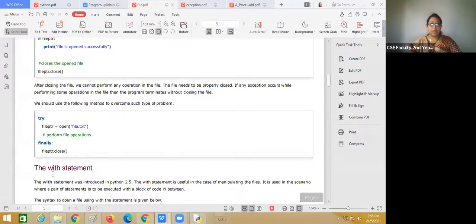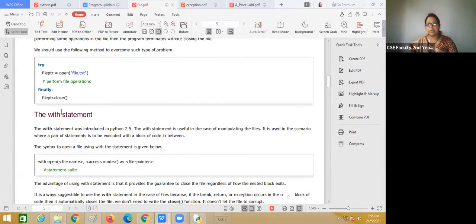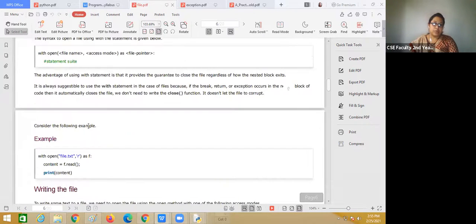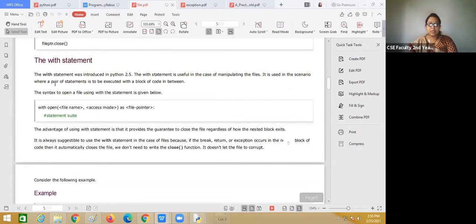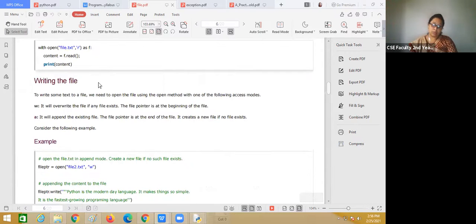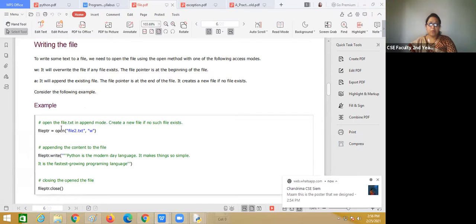Okay, file dot close. You can see the same thing I have already said for the exception: whenever you open a file, you have to close that file by using the finally block. Here you can see the with statement was introduced in Python 2.5, so if you are using 2.5 or a higher version, you can also write with. So how will we write this? File pointer open, and here W is for writing something into the file.